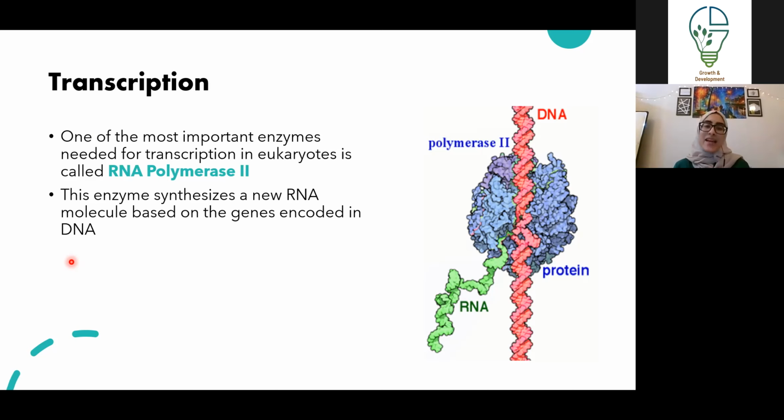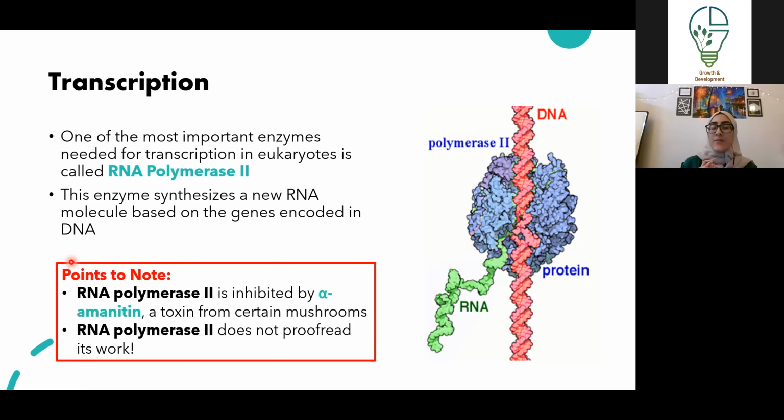So what this enzyme does is it synthesizes a new RNA molecule based on the genes encoded within the DNA. Now there's two important things that we need to know about RNA polymerase 2 in eukaryotes. The first thing is that RNA polymerase 2 is inhibited by a certain toxin called alpha-amanitin. So alpha-amanitin is found in mushrooms,